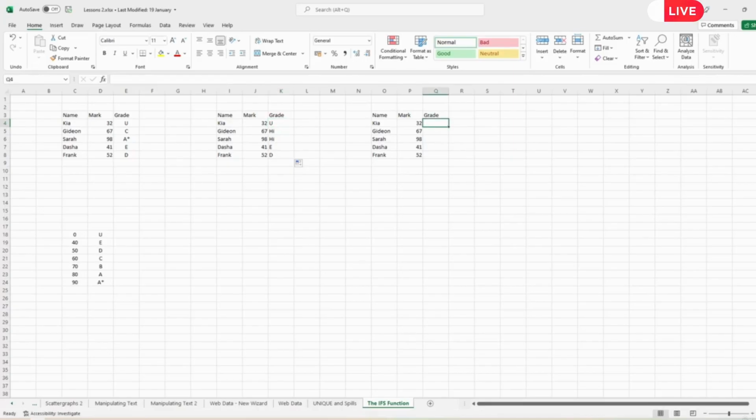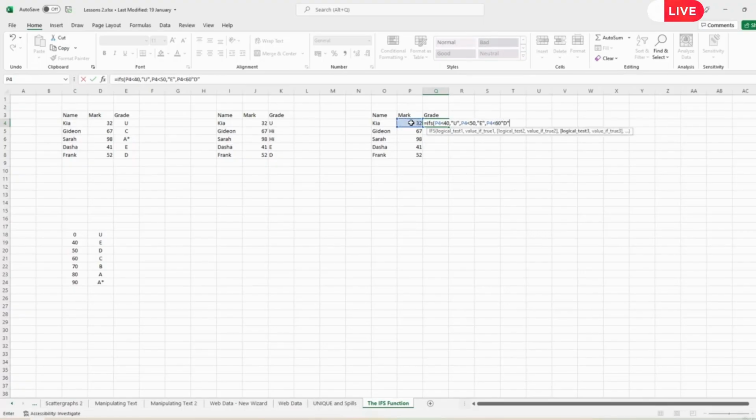So what I can do instead is I can quite happily now use the IFS, equals IFS. So if, now still the logic is important. So if this cell is less than 40, then put U. But I don't need another if. All I've got to do is say this cell less than 50, E. This cell less than 60, D. This cell less than